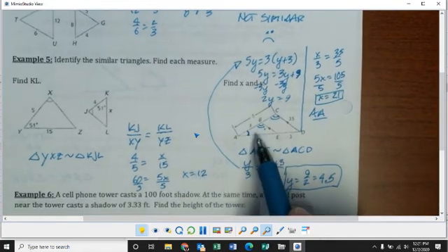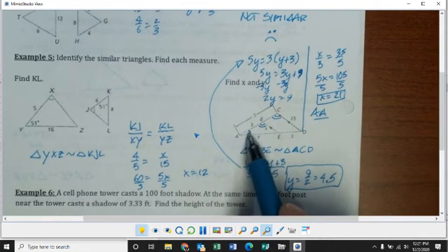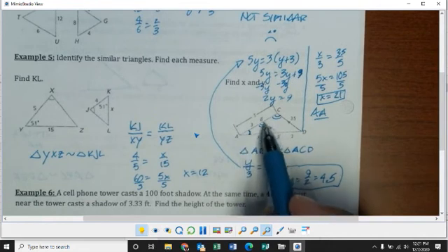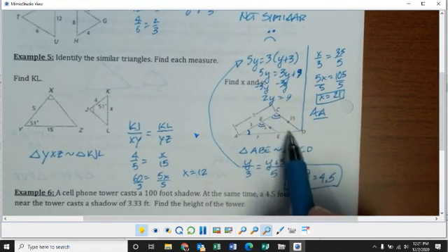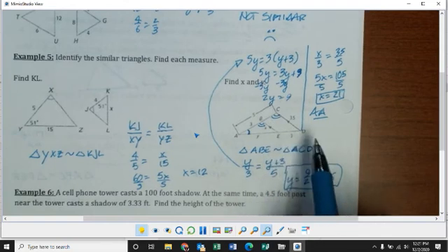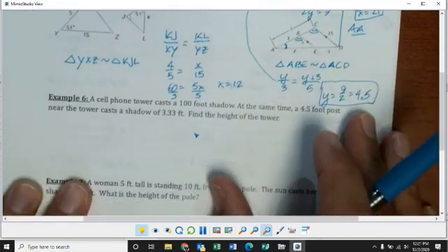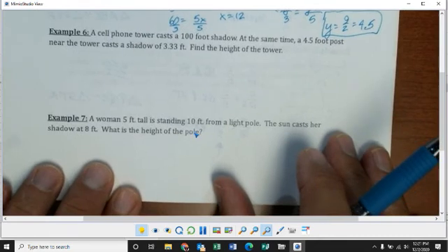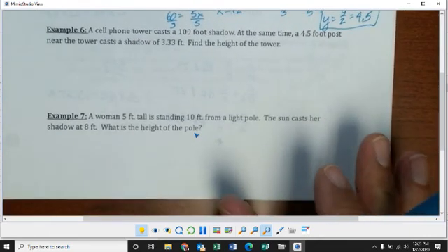The key when I'm looking at this figure is to recognize that this angle is in common. Okay? I could also say, hey, you know what? These are parallel lines, so these two are corresponding. This is a different transversal, so those two are also corresponding. So I got congruent up here and congruent down here, which gives me congruent triangles. All right, then we talk about problems where